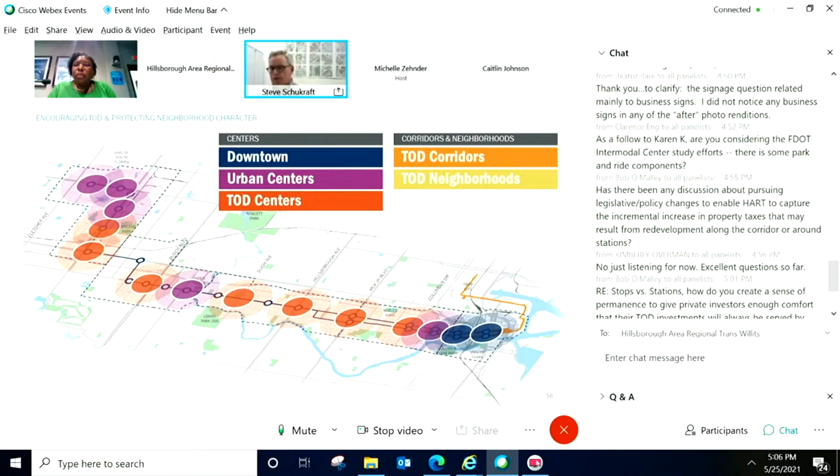Ownership is probably one of the things that is going to keep the lid on the pace of development because there's not a lot of large-scale single-owned sites separate from the larger-scale suburban properties. So when we look at ownership patterns south of the Hillsborough River, and then the same kind of approach along Nebraska, we see a lot of fragmented ownership. There doesn't appear to be, based on looking at ownership records, a lot of consolidation over time.